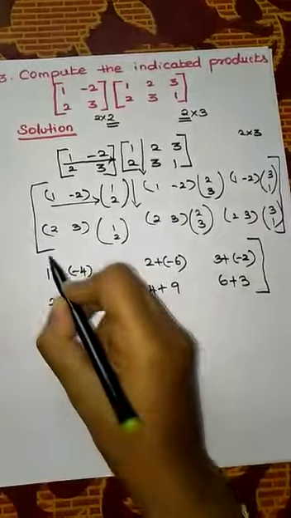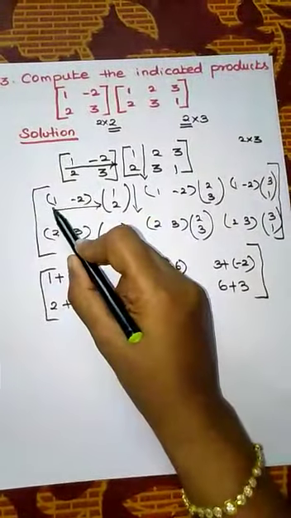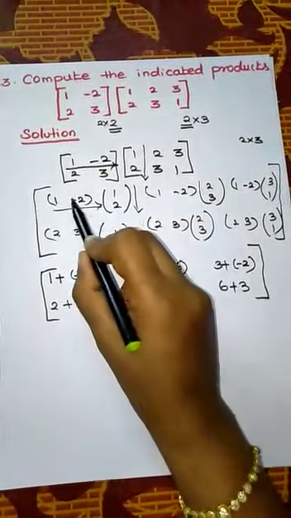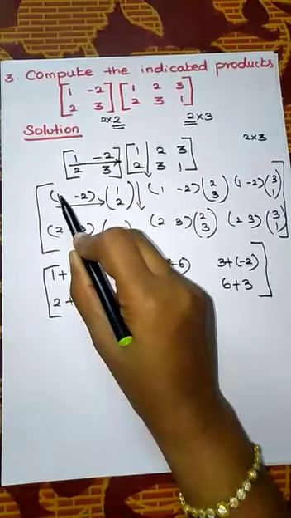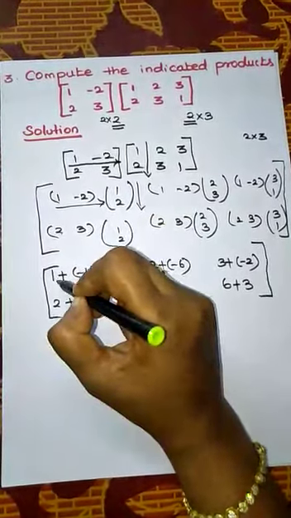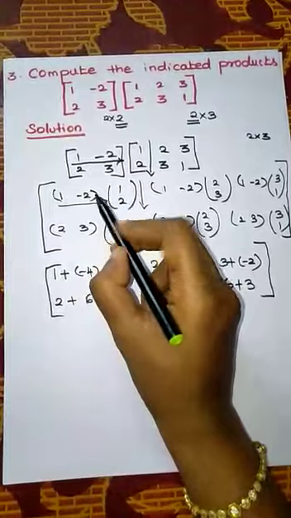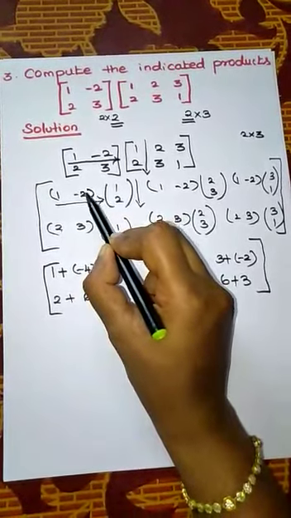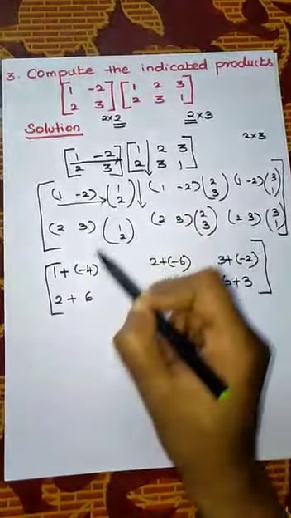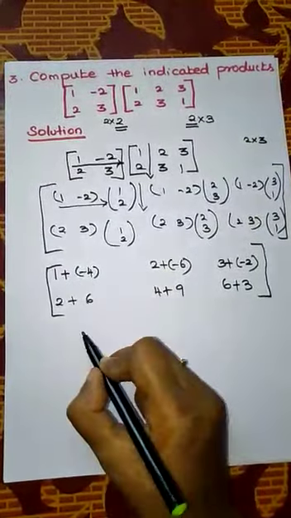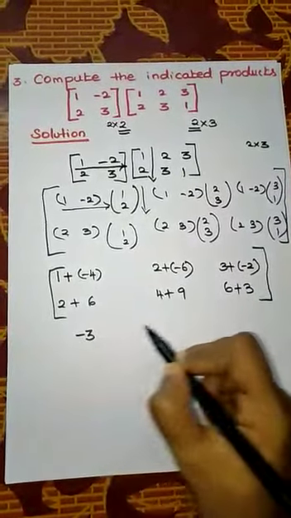How can I multiply the matrices? Actually, first we have to choose the first row, first column value. We multiply the first value A11 into A11, then write the value and put a positive symbol. Then we select the next value, A12 into A21, and multiply the values. Now add the values. 1 minus 4. What is the answer? Minus 3.